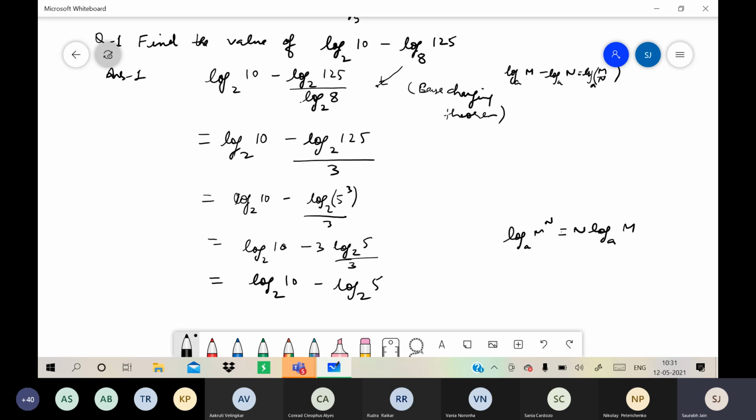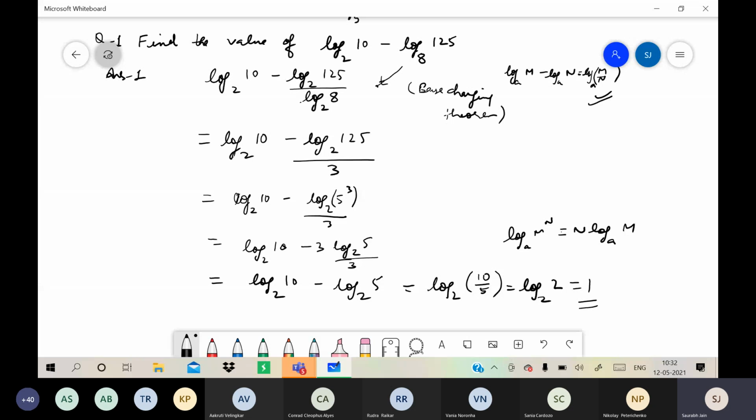Now can you subtract? Can you use this property? Yes. Why? Because the bases are same. So what will be the result? This, log 2 base 2. 1 is the answer. What should be the power of 2 so that we get 2? Obviously 1. Like this we solve questions which are based on more than one property.